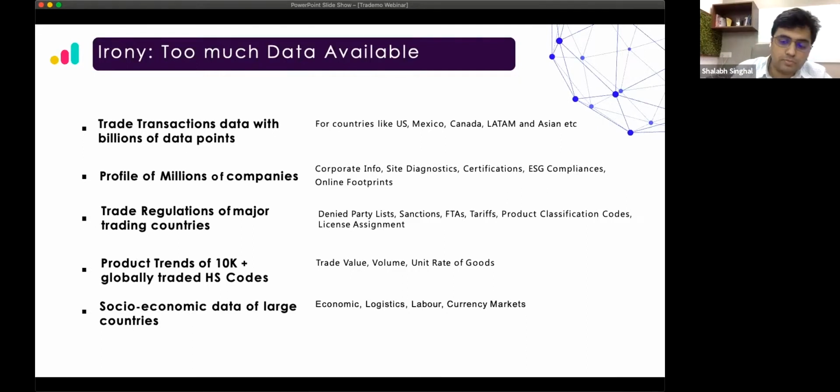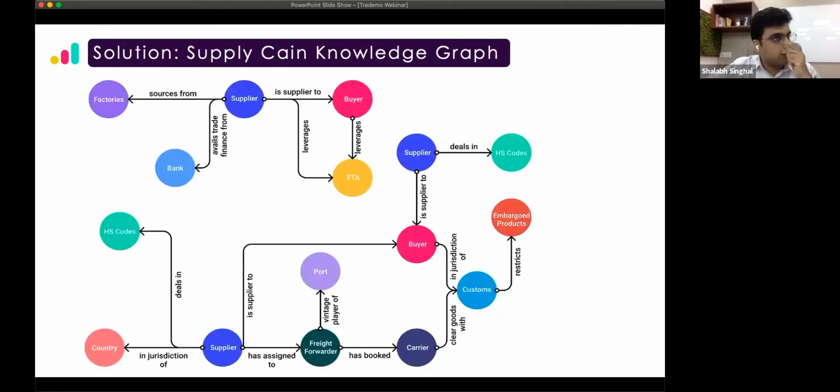which is available. So just to explain this, all the businesses are struggling to find visibility into their supply chains. At the same time, more than 500 different sources are publishing data on a daily, weekly, monthly, or annual basis, which is not getting consumed, right? So what is the solution to all of this?